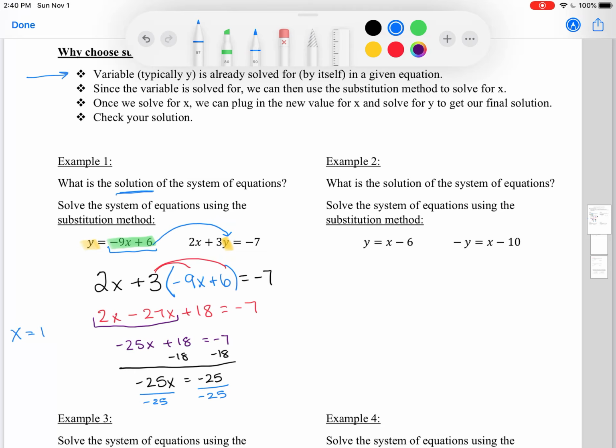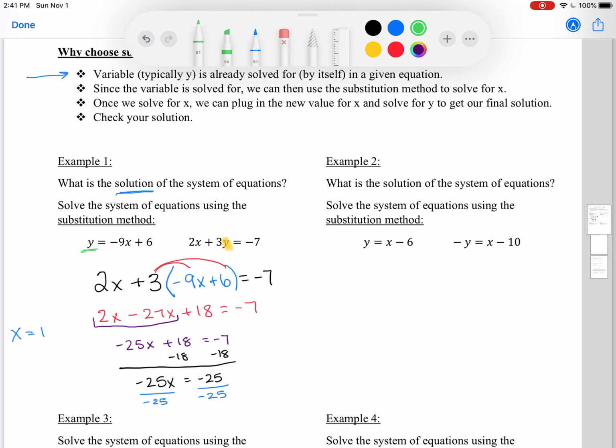Okay, now you got your x value. Think about what that means. When these two functions are graphed, if I were to use the graphing method, I know that they are going to intersect at the exact same x value, and that x value will be 1. But remember, there's one extra piece that we're forgetting. We have our x coordinate, but we always also need our y coordinate, just like when we solved by graphing last class. So now that I know what x is,